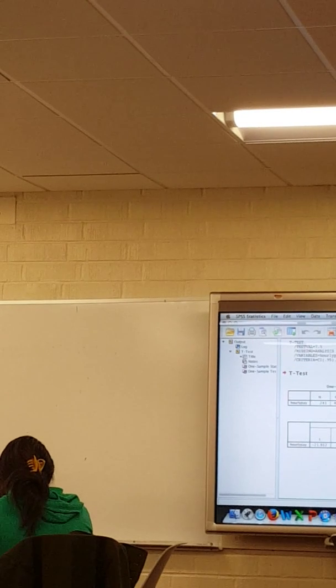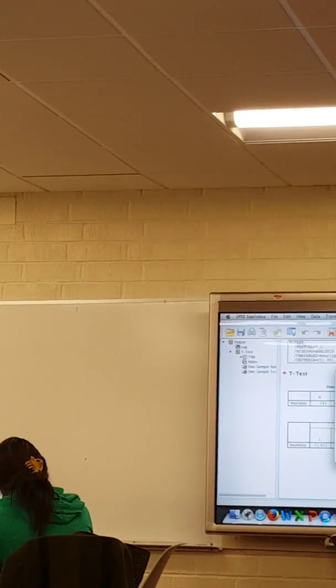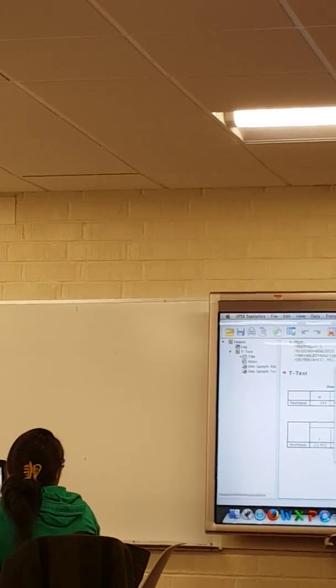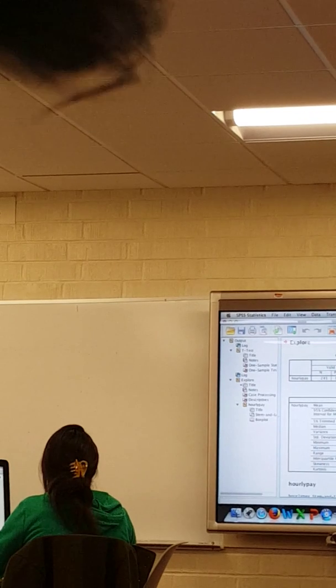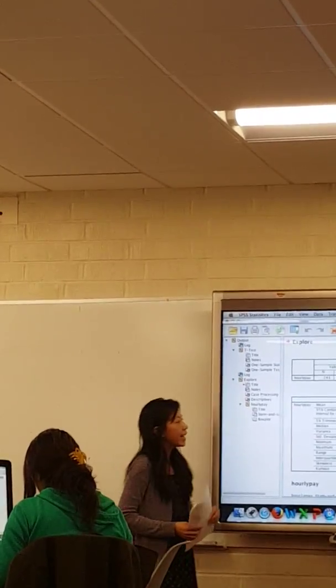Based on this sample, what's the average wage of workers? Hourly pay. You could also check, make sure that descriptive confidence intervals are being used, 95%. But that's always checked by default. And so here you want to say something like,